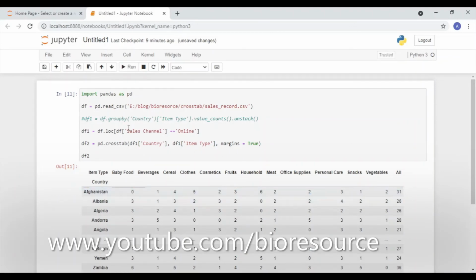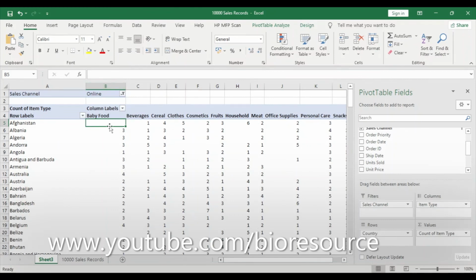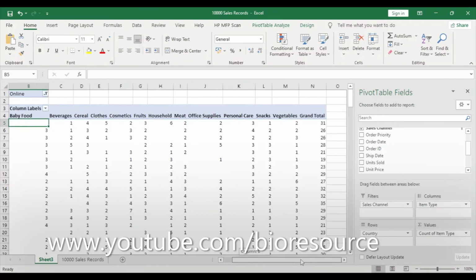Yes, now we have got the data. So we haven't assigned that to a variable. That's why it gave error. So we have assigned this to a value and read that through this. So now if you see the baby food in Afghanistan is 0 and all is 31 with online sales. So same we got in this.